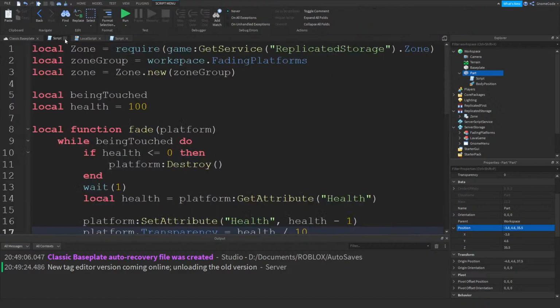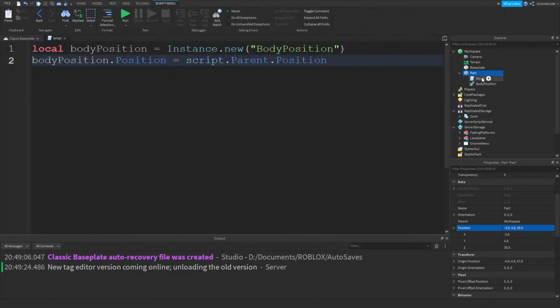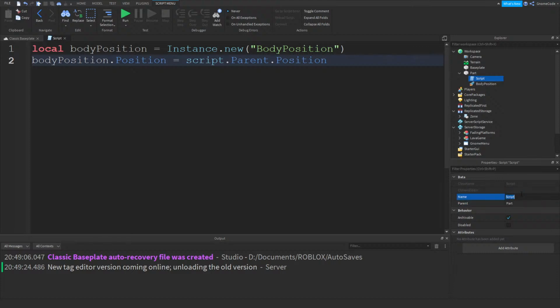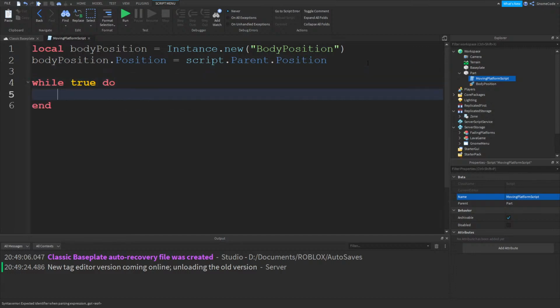Why not? Let's delete this stuff. Just give it a name. If you have too many scripts just called scripts, it gets a little bit confusing. So moving platform script, so we kind of know what it is. And then we could just say while true do for I equals 1 to 10 do